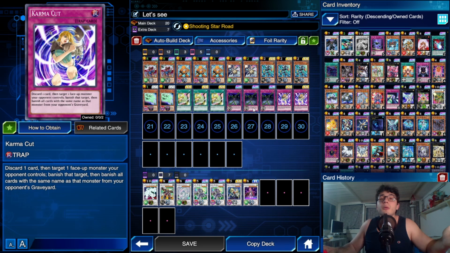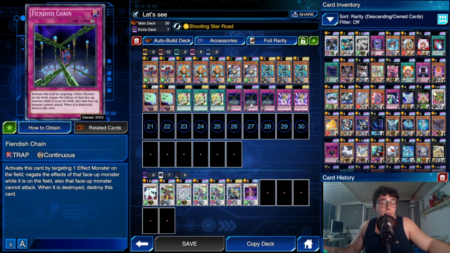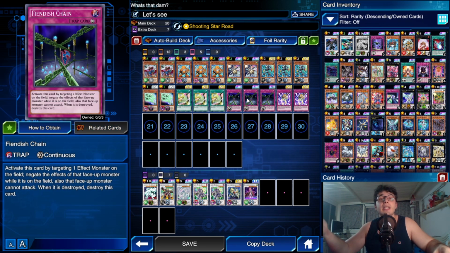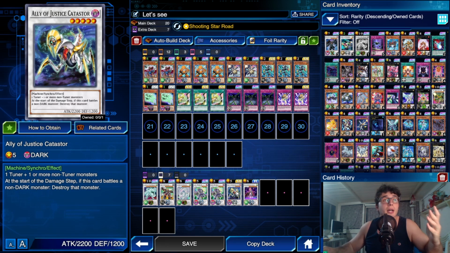Or, I don't know, you can also use Infinity Chain to deal with Scar-Red Nova Dragon, because then you can use your Junk Destroyer to pop it, because once it has its effect negated, it is no longer indestructible by card effect, so Junk Destroyer works. And another card that I really find useful was Ally of Justice Cadaster, as you will see in the replays, because this thing is